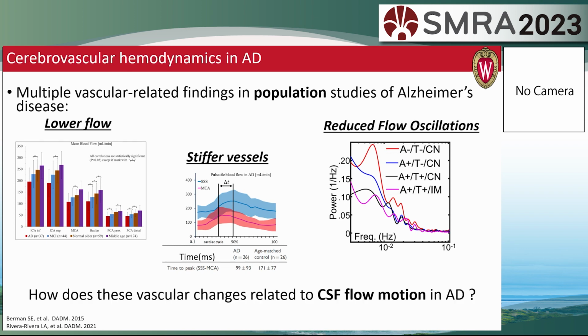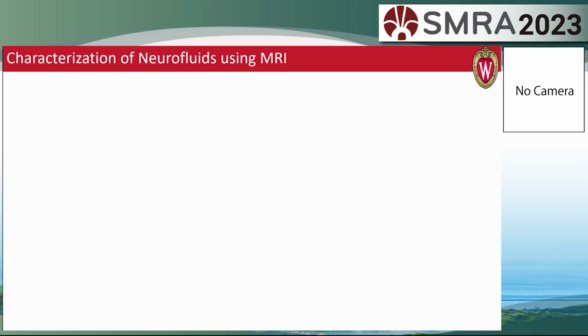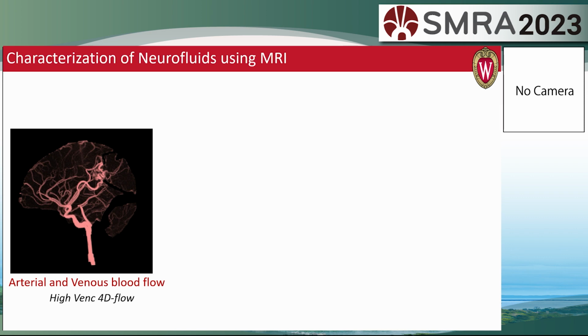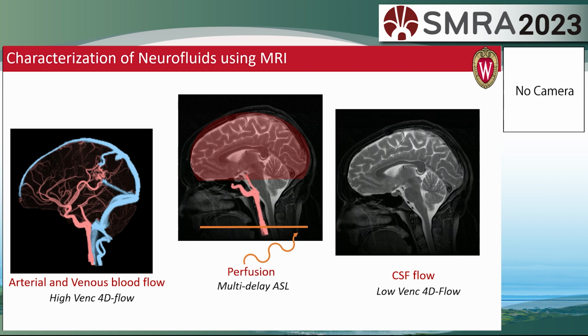But we have never had the opportunity to study how CSF flow motion relates to these vascular changes in Alzheimer's disease. So our study objectives were to study neurofluid dynamics during aging and during preclinical Alzheimer's disease. To measure arterial and venous blood flow, we use high-velocity encoded 4D flow. To assess perfusion, we use multi-delay arterial spin labeling, and to assess CSF flow, we use low-velocity encoded 4D flow,